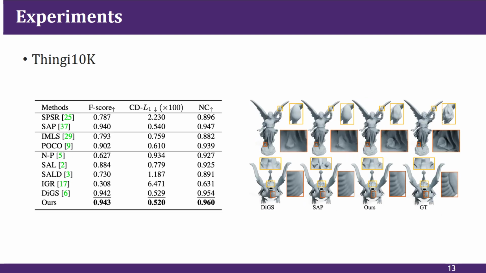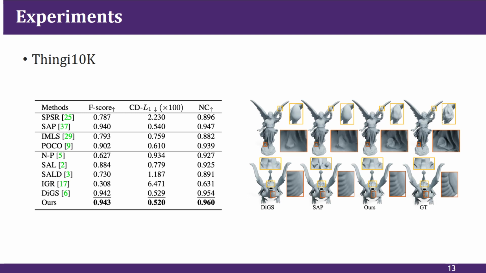We further conduct experiments on Thingi10K. Similar to prior work, we use the same 5 challenging shapes with complex topology and high-level fine details. For SAP and SPSR, results are in the table. We use the numbers reported in SAP. As shown in the table, we achieve the best performance on all metrics on Thingi10K. As shown in the figure, our method could preserve more details compared with existing methods while having fewer artifacts.